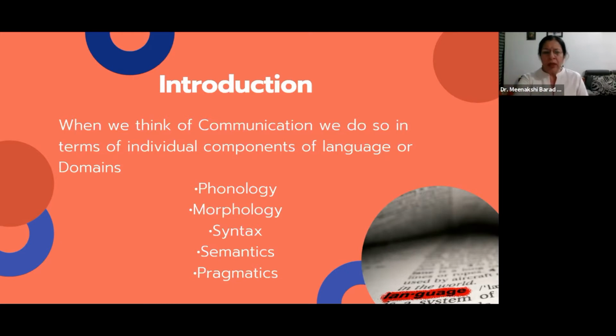And then there is semantics, which is the meanings of words and the combination of words into sentences. And pragmatics, which is the rules associated with the use of language in conversation and in broader social situations. The five basic language domains thus are a part of a continuum which spans the higher order language skills such as discourse, which is again impacted by skills in the pragmatics domain.